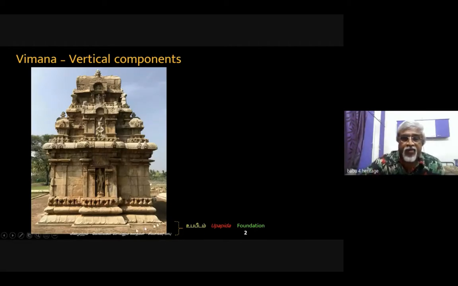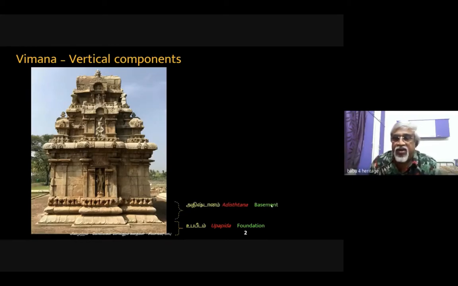So the fundamental part: when a temple is to be raised fairly to a good height, or if the soil is not so good, we add one more pedestal called additional foundation, called Upapita. In this case, it is not evident because if you see this from the ground level, they have just packed the soil and then straight away started building from Upana and Kumata and other things. So this is the Upapida part.